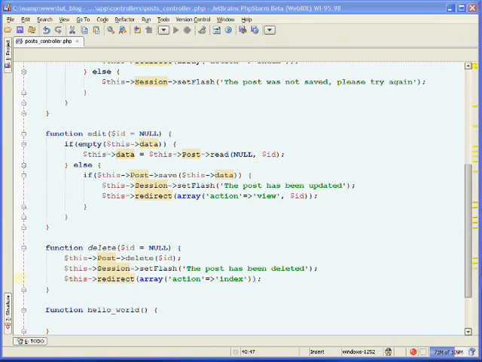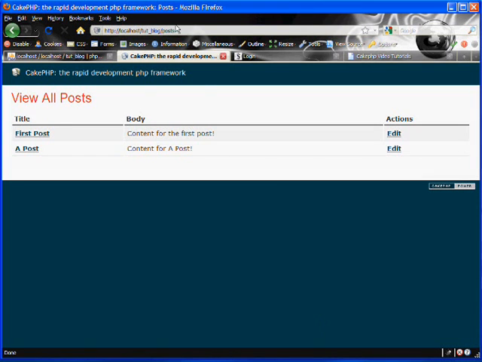And now we can go to our browser, and this is our index page where we're displaying all of our posts. I currently only have 2 in there. What we'd like to have is, in this actions part of our table, a link saying delete, and when we click that link it'll delete the corresponding post.